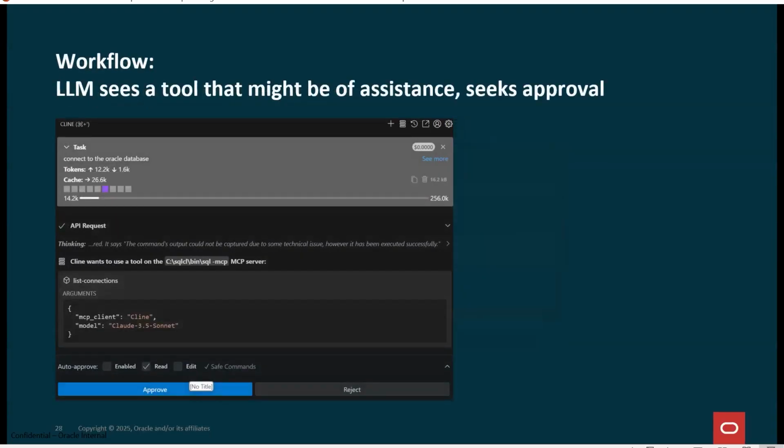Because in this particular example I'm using the client extension, the LLM sees a tool that might be of assistance, and it is seeking your approval whether to use this particular list connection tool or not. In this example, we are using the Claude 3.5 Sonnet model. And once we click approve,